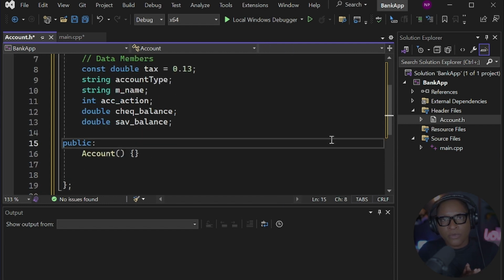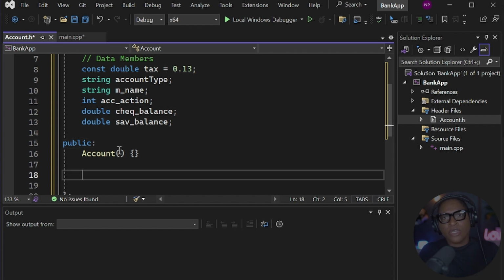The first thing that I want to create is a set function to store the data. So in C++, you may hear getters and setters. Setters are functions that are used to store data, and getters are functions that are used to return the data. So all of this is a form of encapsulation. So for setters, the return type is usually void, so it doesn't return anything. So I'm going to say void set underscore save underscore